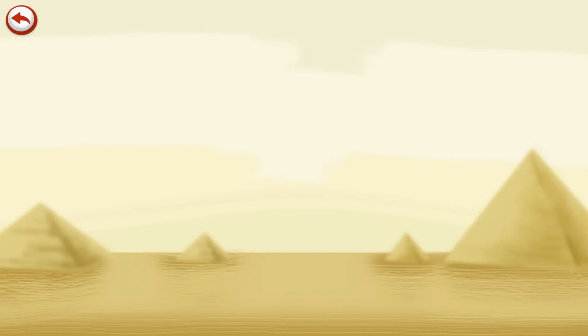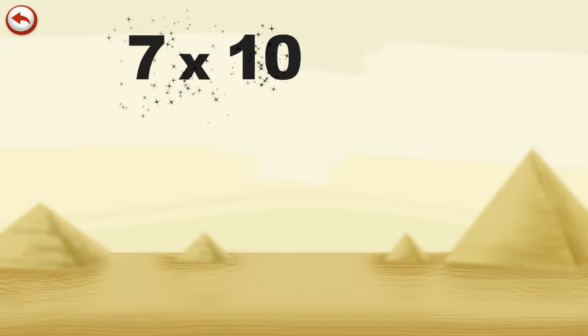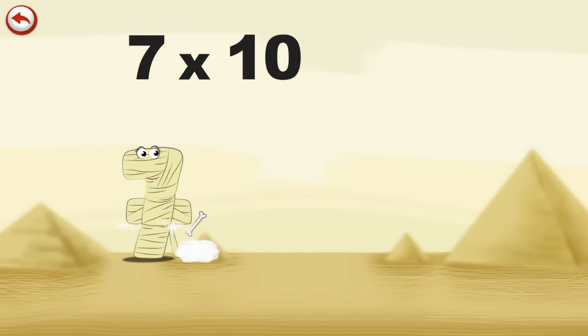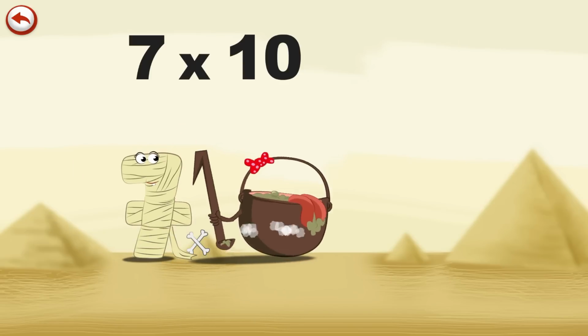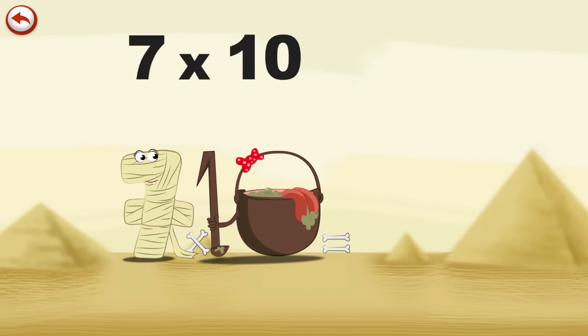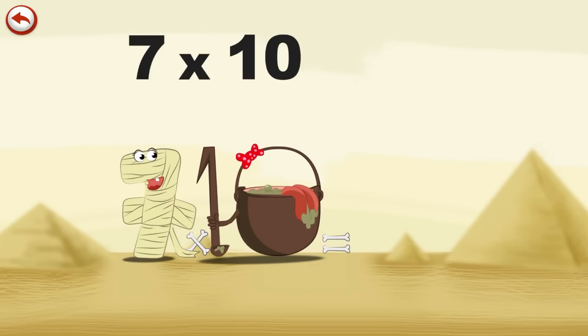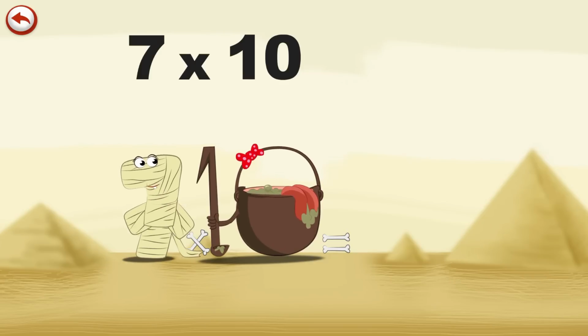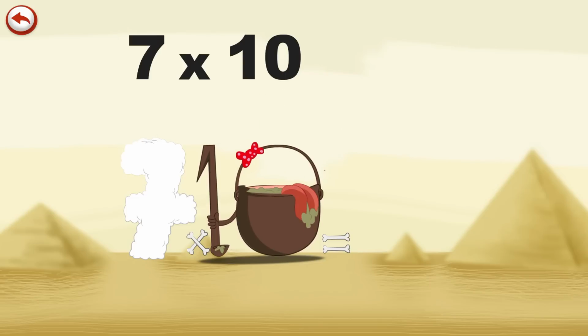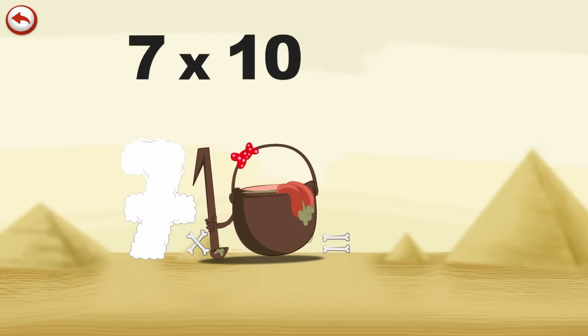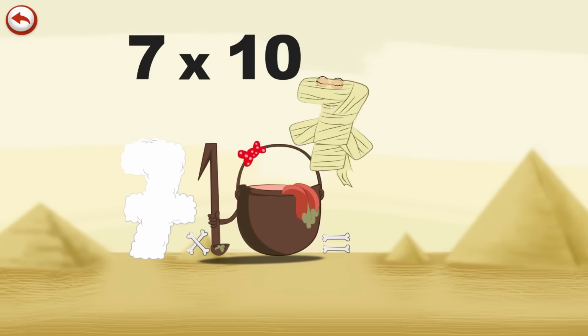What's the story of 7 times 10? When RamSeven meets the potion MagiTen, it makes her very, very hungry. She dives headfirst into the cauldron and comes out feeling very full.